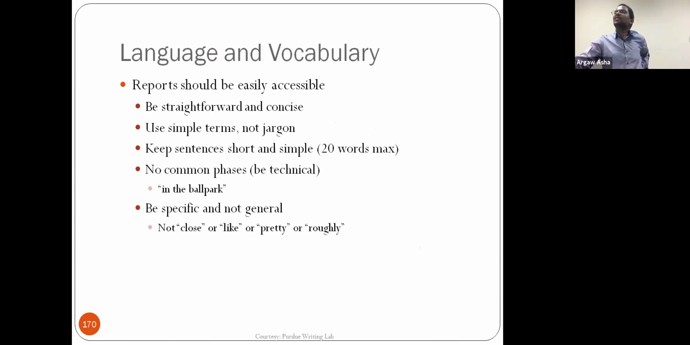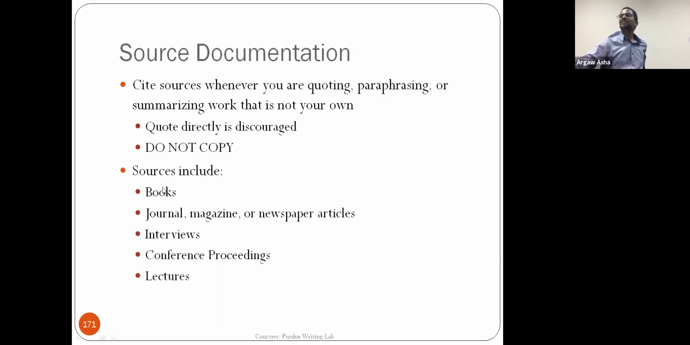እንግዲህ language and vocabulary ስንጠቀም report should be easily accessible መሆን አለበት, be straightforward and concise. Use simple terms, not jargon መጠቀም የለብንም. Keep sentences short and simple, 20 words maximum, ከዛ መብለጥ የለበትም. No common phrases like in the blank, in the ballpark, not close, like pretty roughly የለት ቃላቶችን መጠቀም የለብንም ማለት ነው። እንግዲህ ሶርስ ዶክመንቴሽኖችን ቻፕተር ነው ሌክቸር ማለት በደንብ አይተናል። ፓራግራፎችን ሳይት ስናደርግ እንግዲህ